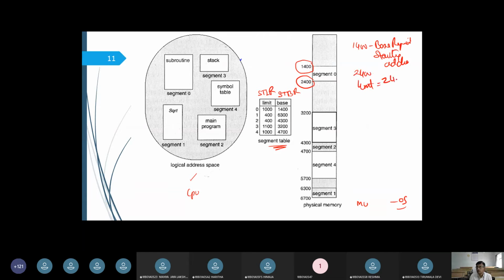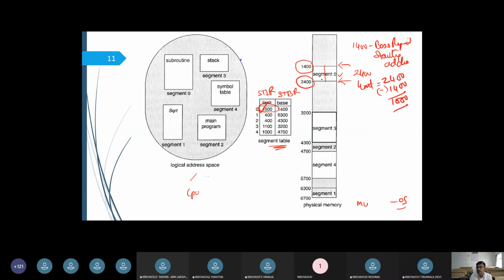Limit is equal to 2400 minus the starting address, 1400, so I get 1000. That is how I write 1000 here. So I use segment register 0, which spreads from 1400 to 2400, but the limit register I write as 1000. How do I get this limit register?